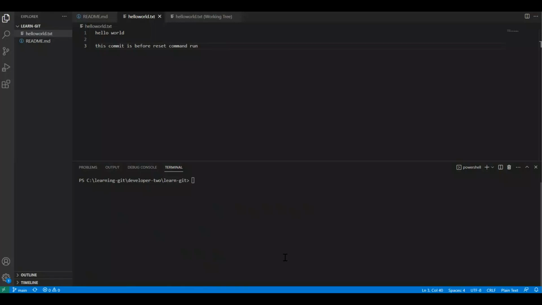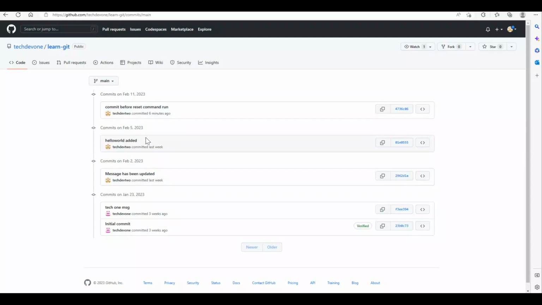In this tutorial, we will see how we can use the reset command. So let's get started. This is our Git repo and we currently have our repo at this index. This one I added a message commit before the reset command run. In this commit, I have added a message,